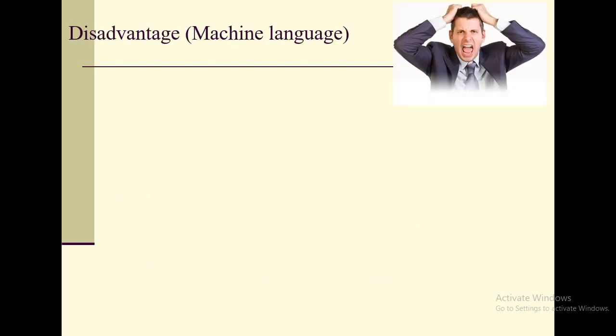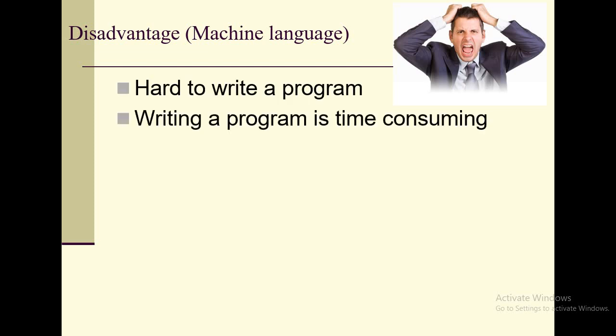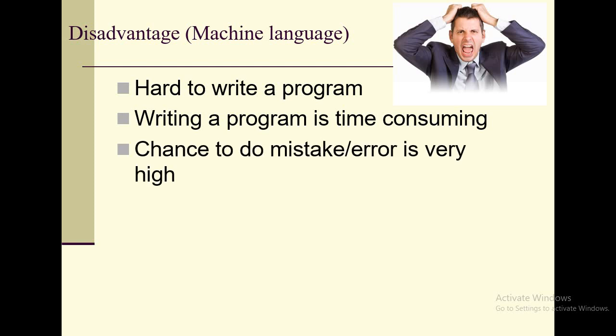Disadvantage: here is a funny picture. You see this person is very upset with machine language programming because it's very hard. It's very hard for a human being to write a program. Writing a program is very time consuming because you need to type only 0 and 1, 0 and 1, 0 and 1. So it's also very disturbing. There is a huge chance of mistakes,